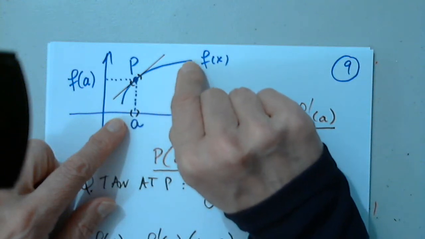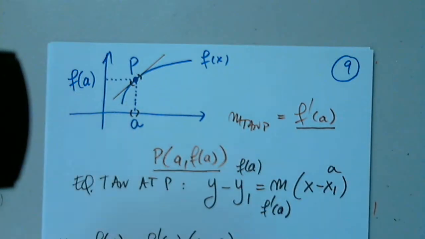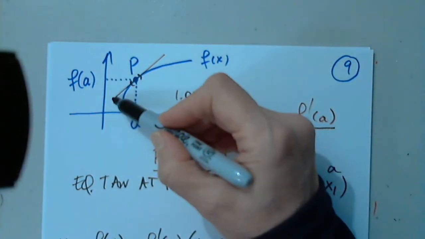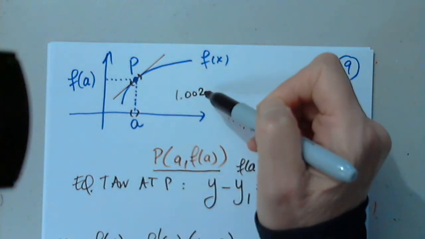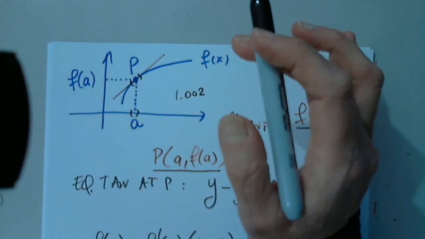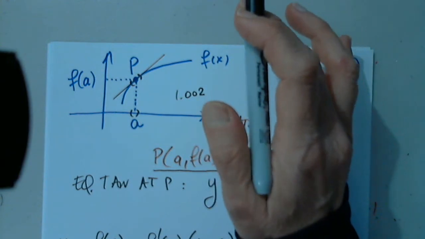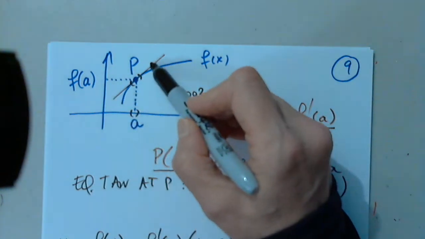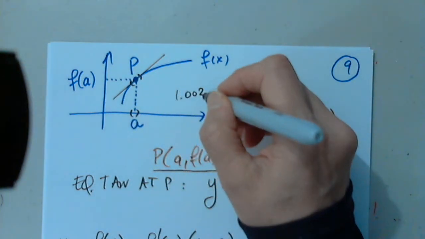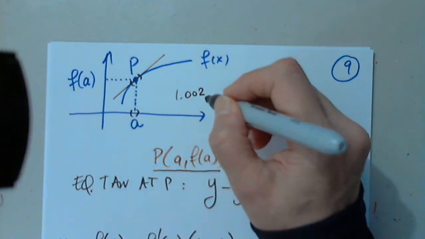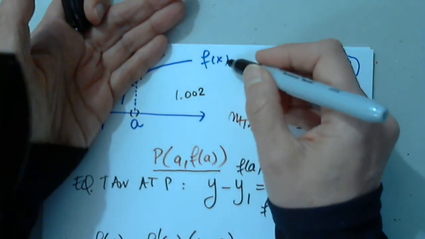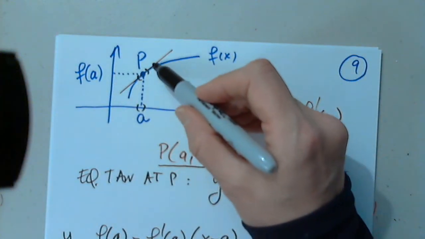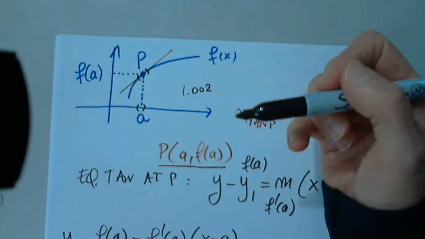I want to approximate this function at, let's say, 1.002. It may be easier to approximate if I'm not keen on an exact answer. If I use the linear function, which is the tangent at that point, I will not encounter a huge error. If I want exact, forget about the tangent, plug it in. But if I'm happy with an approximation, I can use the equation of the tangent line, which is the linear